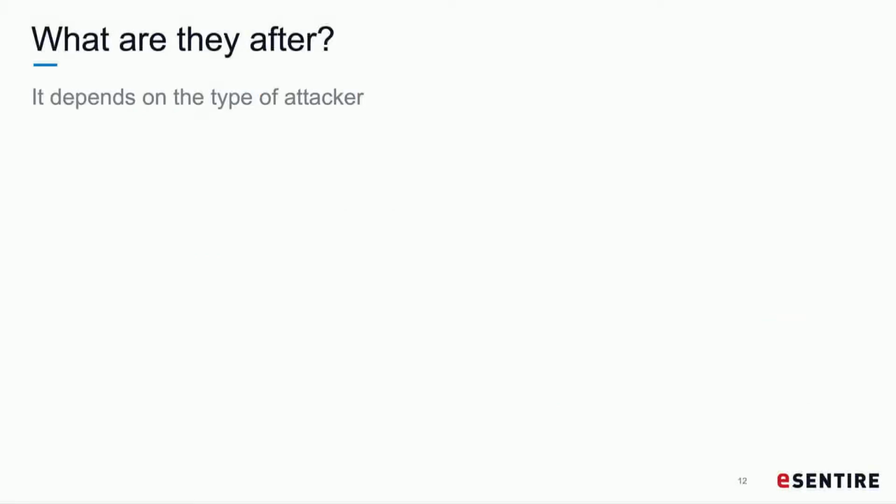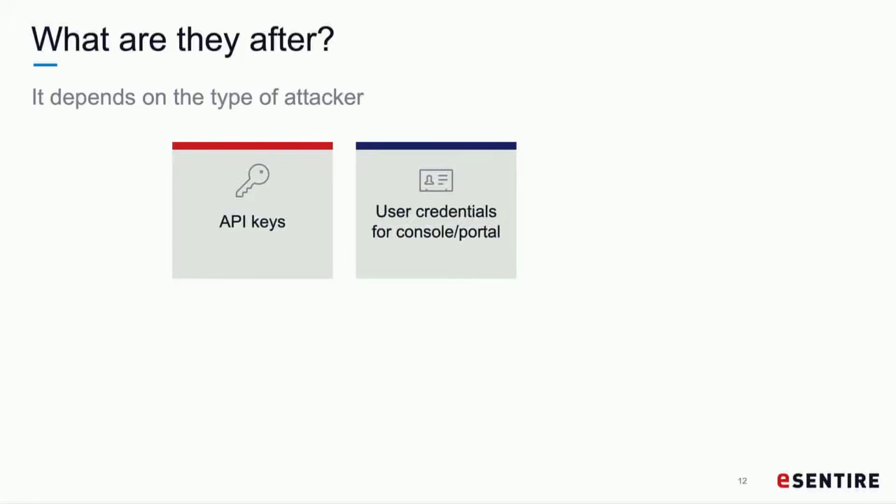So what are they after? As we said, most of the time getting API keys gives them a lot of power, a lot of flexibility within the environment. Any access that they can get to the portal gives them inherent access to machines depending on the permission level of that user. So they're after credentials, console access. They want to escalate privileges. Sometimes when you get keys, they're not the right level, but you can use that to escalate to get higher level keys to be able to do whatever you want to do within the environment.